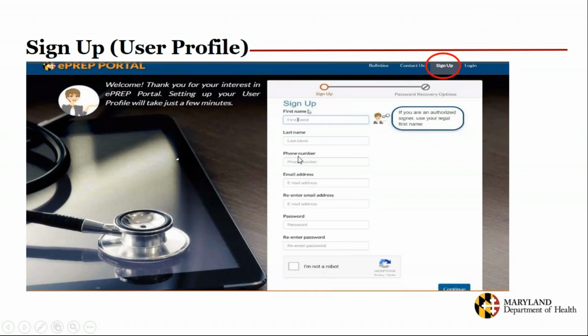You would have to fill in your first name, your last name, your phone number, and an active email address. You would actually need to have access to that email address because once you sign up, an email is sent to you through that email. So you want to make sure that the email address you're providing is actually valid and active. And you would also have to